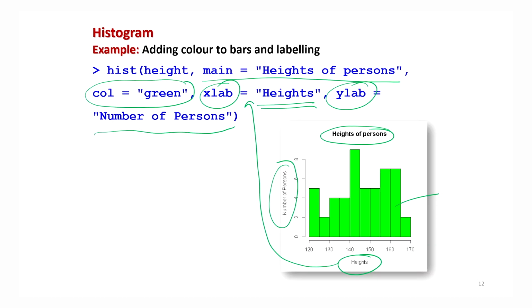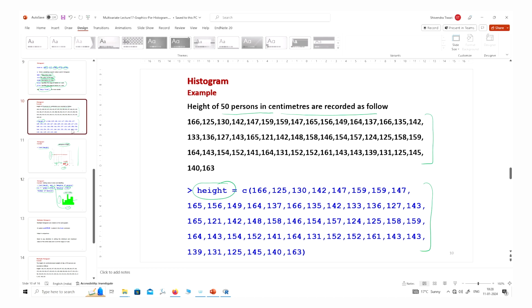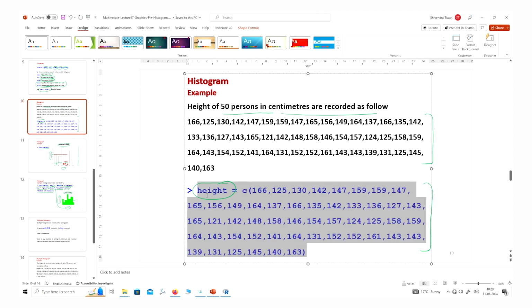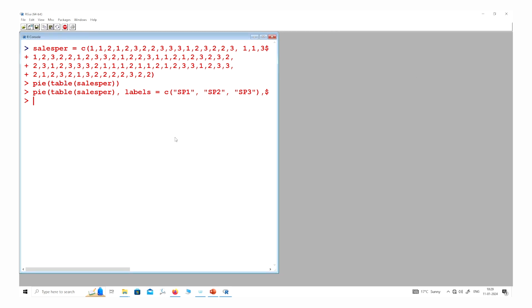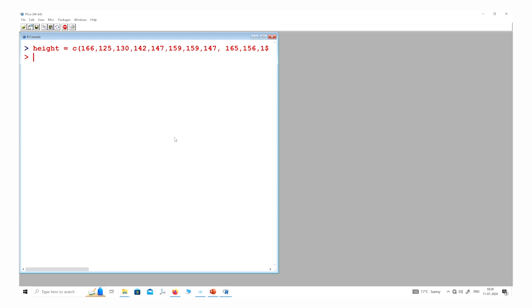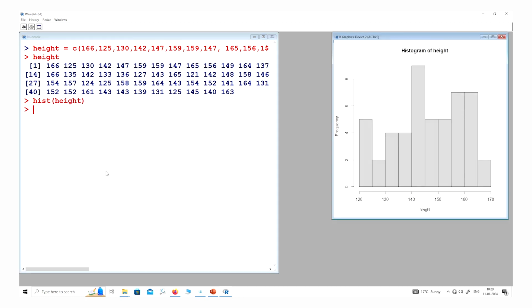Now, let me try to show you this graphics first in the R software, so that you gain more confidence. So, let me try to copy this data on the height here, and let me try to close the earlier diagram. So, you can see here, this is the data on the height. Now, if I say hist of height, you can see it will come like this, right.